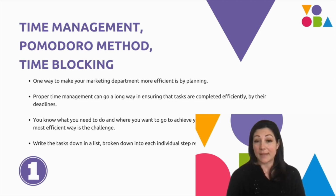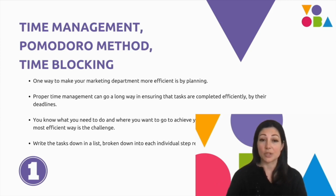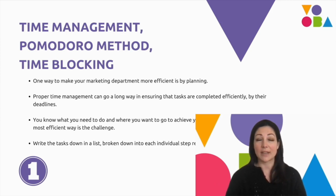If you're new to this method, start off by blocking out 2 to 3 sessions a day and see how that works for you, and then build it up over time, because it does take some discipline to get used to it, because like I say, you're always wanting to check that time. And then to move on from that and build out from that,